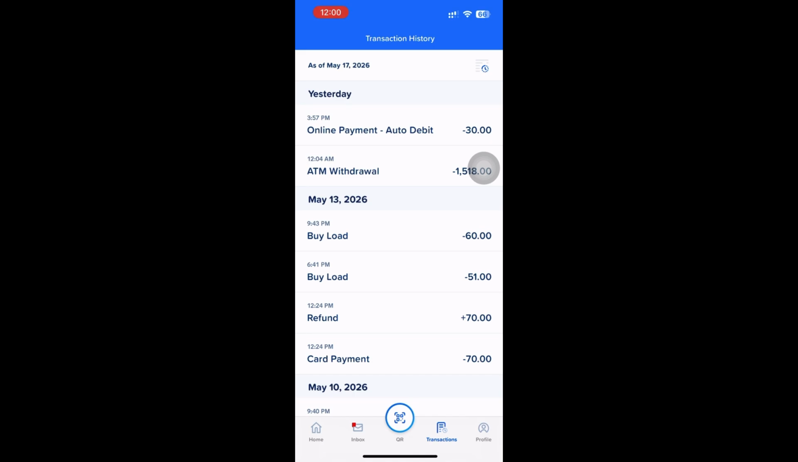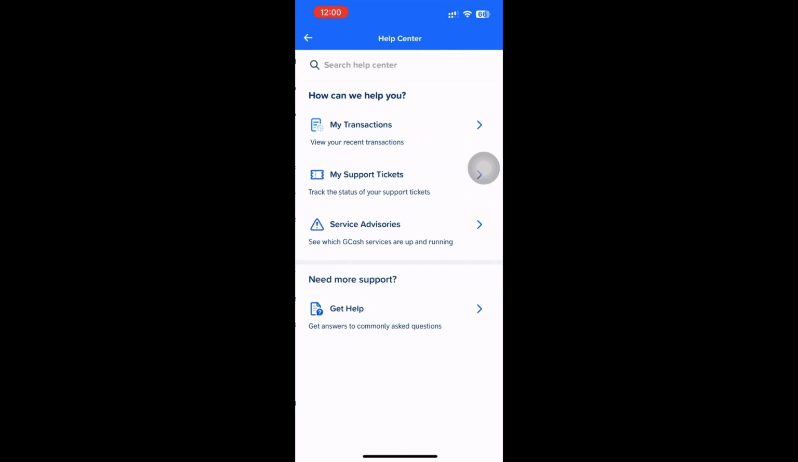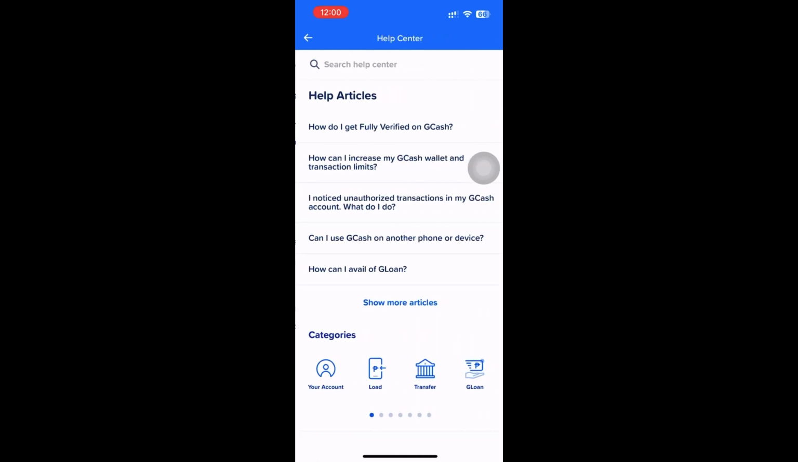If you see a transaction you do not recognize, do not try to hide or delete it. Instead, report it to GCash right away. Open Profile, tap Help, choose the correct topic, and submit a ticket with the transaction details. If you need a copy of your transaction history, you can check your activity records or request help through the